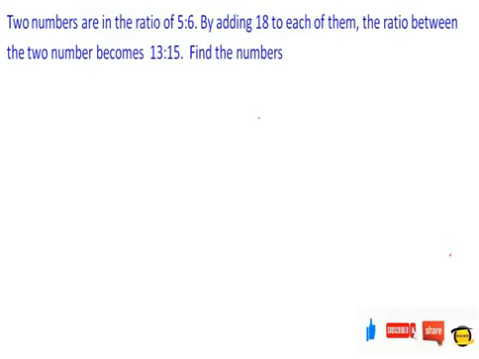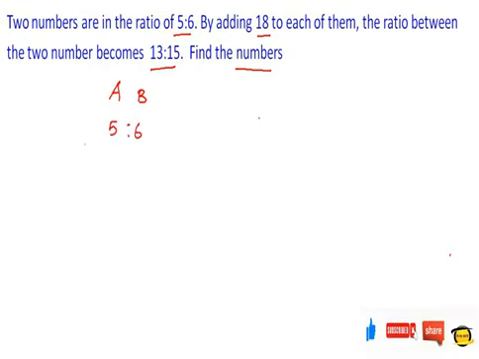Two numbers are in the ratio of 5:6. By adding 18 to each of them, the ratio between the two numbers becomes 13:15. Find out the two numbers. So let's assume that the two numbers are A and B, and it's given that the ratio between them is